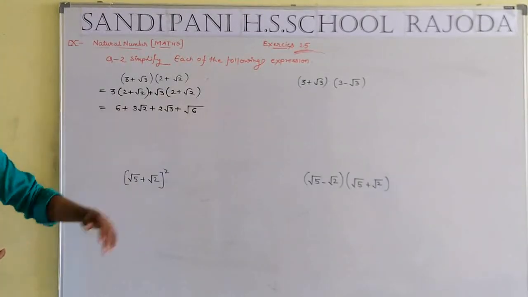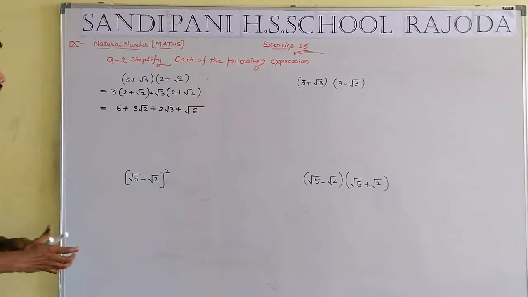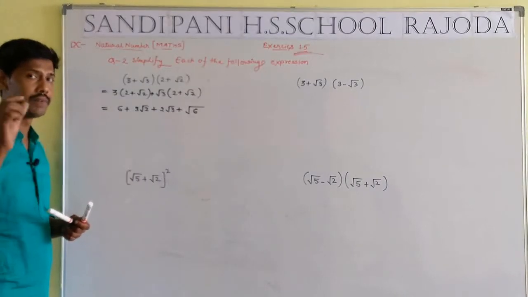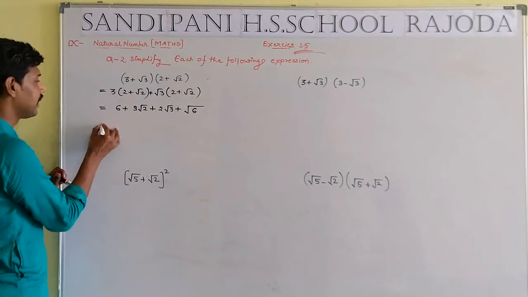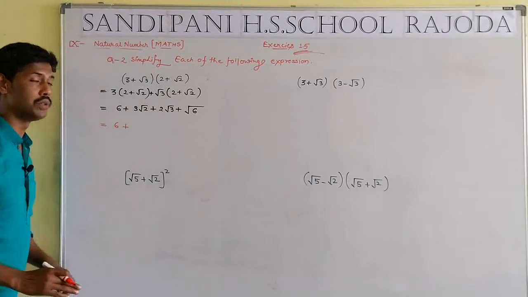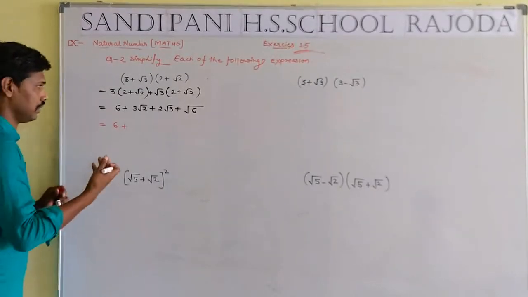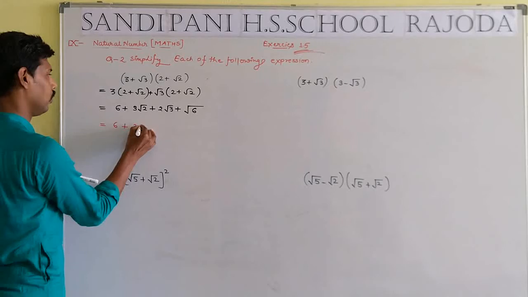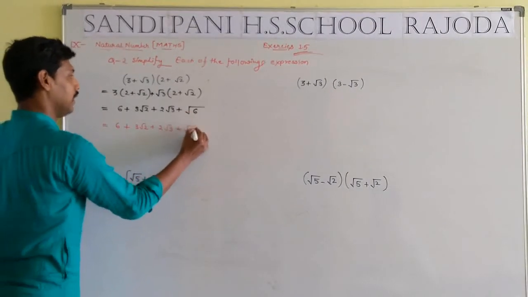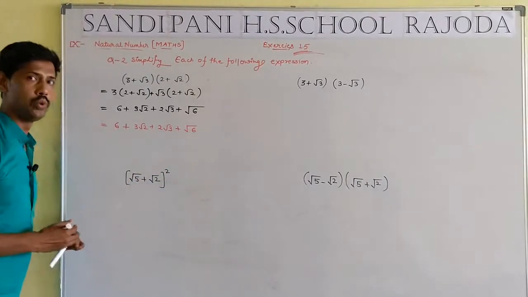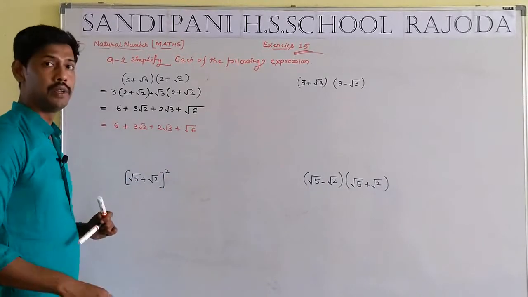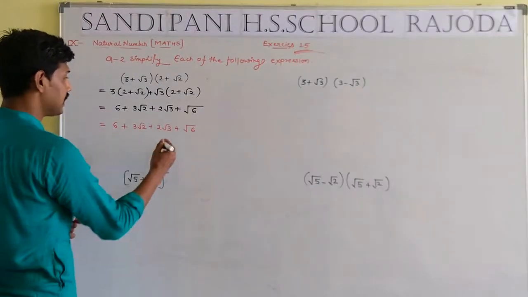Now the multiplication operation is complete. Now take the addition between the numbers of the same category. Firstly search for the same category: a single number, 6. Now among the root quantities, root 2 and root 3 are different, so 3 root 2 and 2 root 3 are written separately, and root 6 is single. Root 6, root 3 and root 2 are different category members, so we don't add them, so the answer will be there.